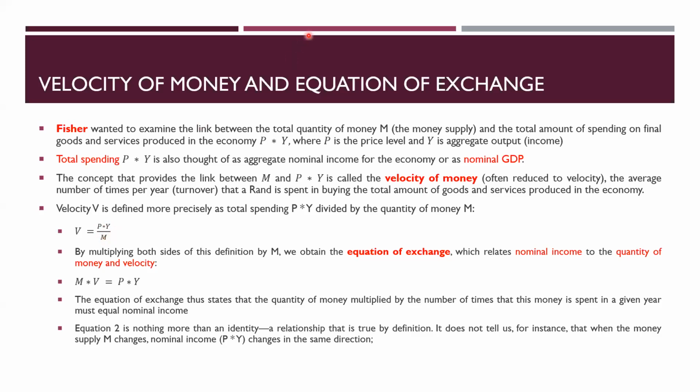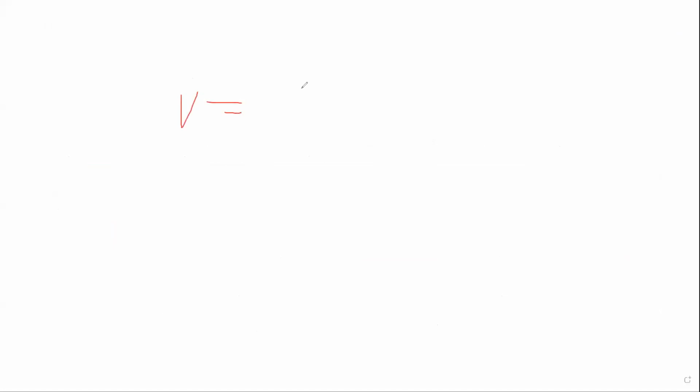So simplified, we can say V is equal to, let's say we have 10 billion as our output, divided by 2 billion as the amount of money that we have in the economy. Okay, so we are saying 10 billion divided by 2 billion, we can get something like 5. Correct me if I'm wrong. It's 5. So it means that the same unit of a rand is exchanged 5 times,